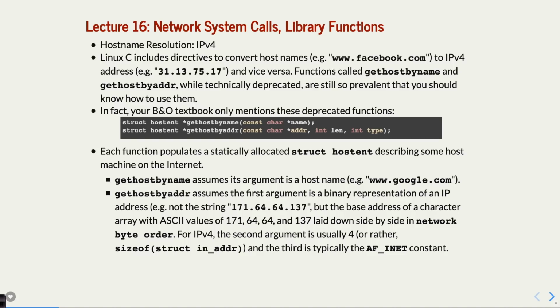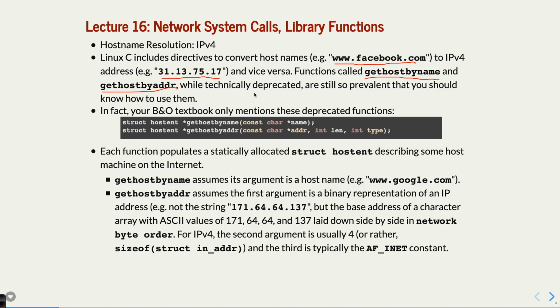Because we are people, we like to use things like www.facebook.com versus 31.13.75.17, right? You don't want to memorize numbers. We've talked about that in a number of different ways this class. And so there are functions that will get the number from the name. If you know the name, www.facebook.com, which you can remember easily, you can use a function called getHostByName, and you can also use one called getHostByAddress, which are both technically deprecated. In other words, there are other things you should probably use instead. However, your book talks about these ones, and they're still used enough that you should be used to using them.